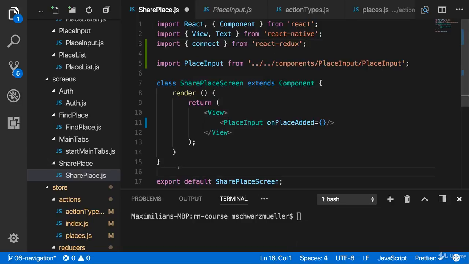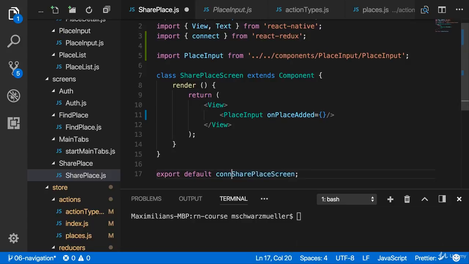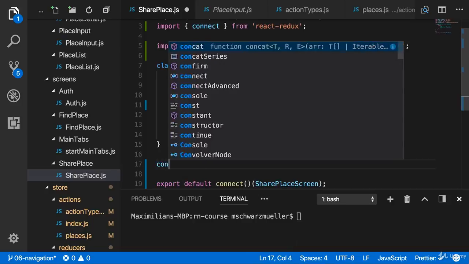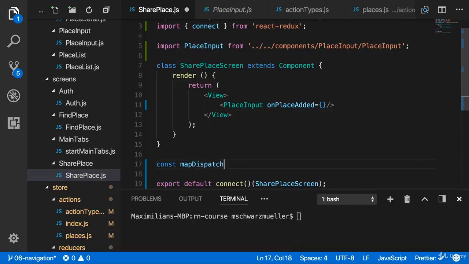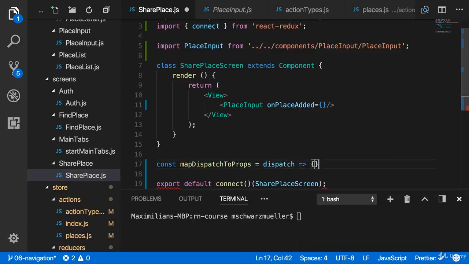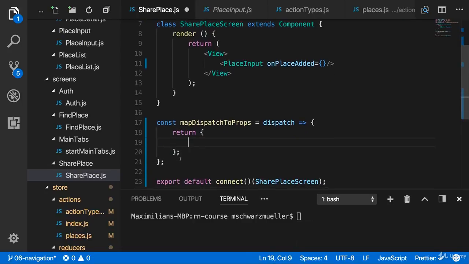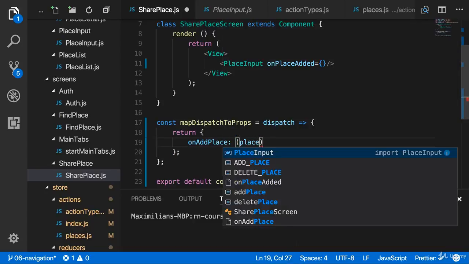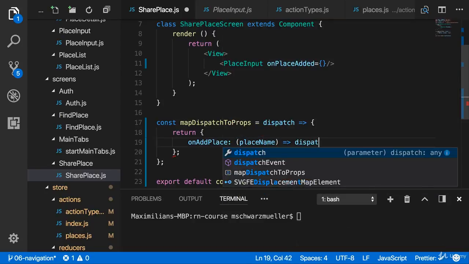So here I will simply wrap my export with the result of the connect function call, and then create a new const which is map dispatch to props. There I get the dispatch function as an argument, and as you learned it before or in another course, we return a JavaScript object, and in that object I want to bind something which I can then use on props, so maybe on add place, which is a function where we will actually receive the place name, and then call